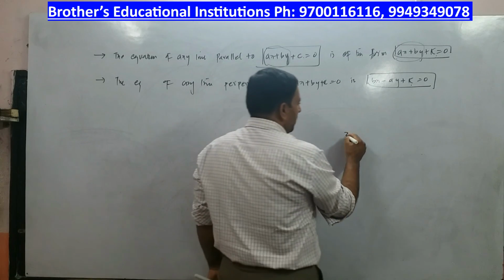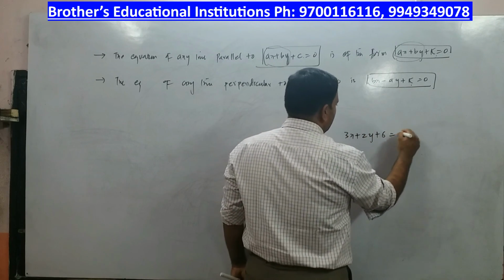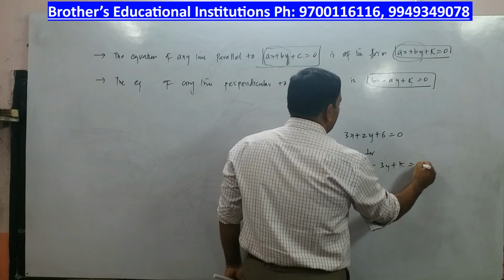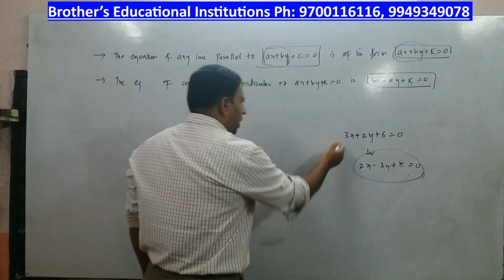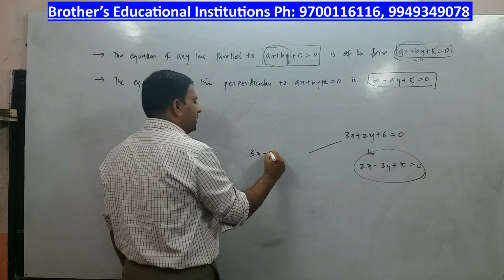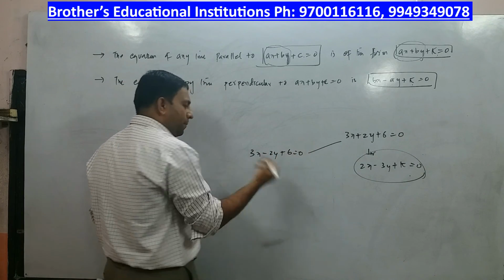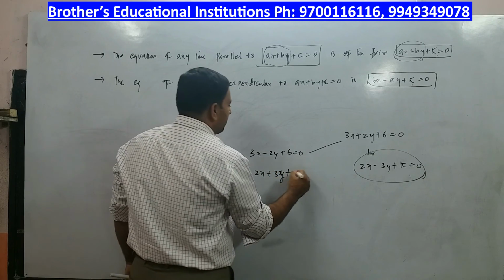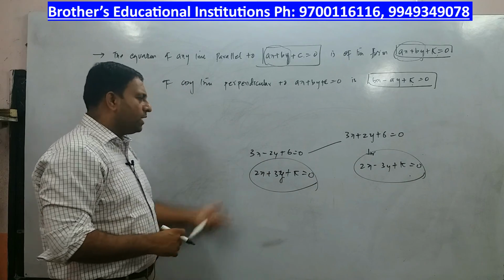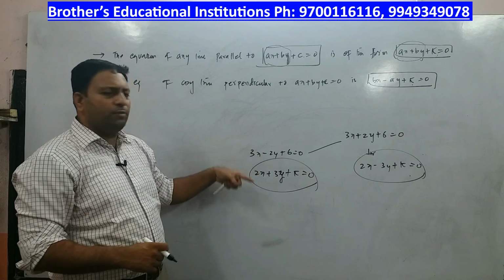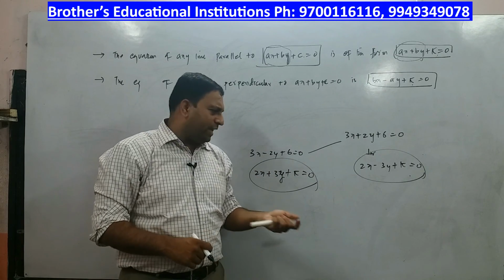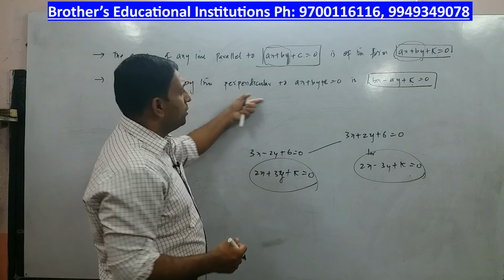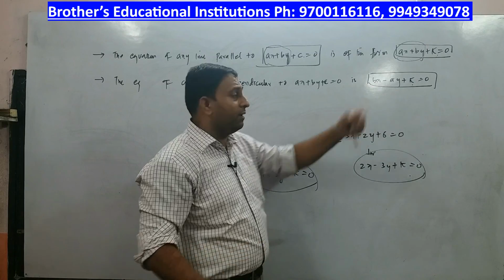For example, if I say the perpendicular to 3x plus 2y plus 6 is equal to 0, the perpendicular will be 2x minus 3y plus some k is equal to 0. Alright, k can be found out with some condition. Or if I want you to write the perpendicular for 3x minus 2y plus 6 is equal to 0, the perpendicular will be 2x plus 3y plus some k is equal to 0. So that is the basic difference. When you ask perpendicular, minus will become plus and the coefficients will be exchanged. No doubt, definitely the constant will also change. So that is how you will find the equation of any line perpendicular to ax plus by plus c is equal to 0: bx minus ay plus k is equal to 0.